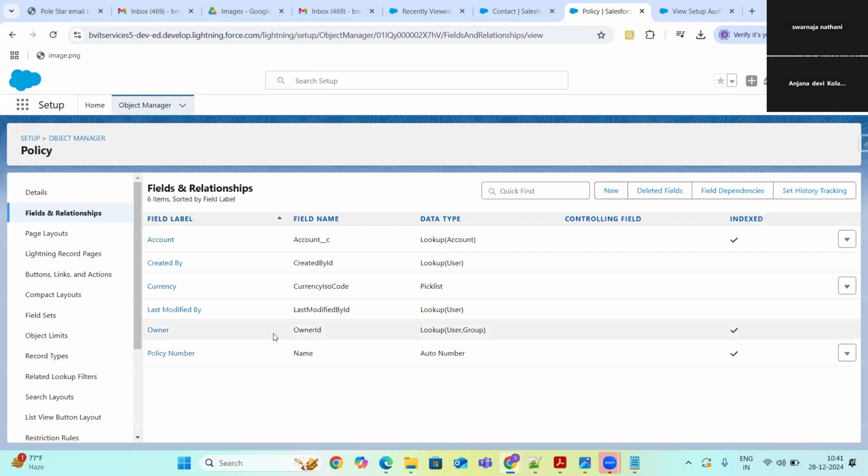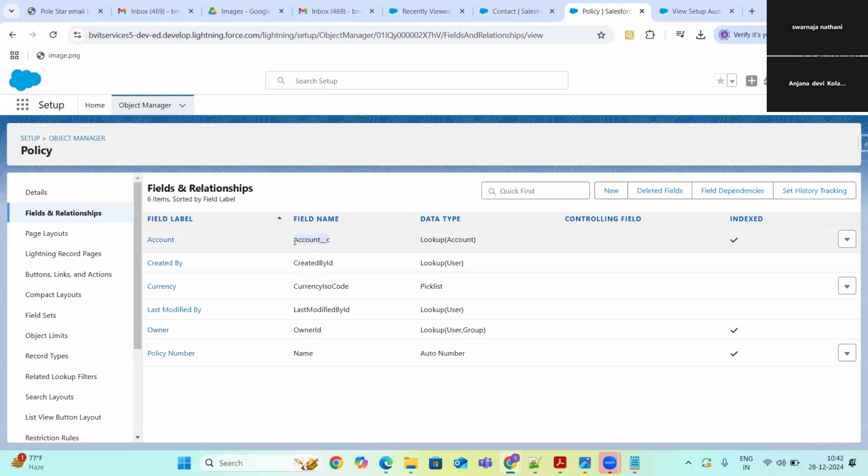Now a field gets created and it has underscore underscore c, guys, because this is a custom field which is created by us. So again, how do you identify standard fields and custom fields? Any field which ends with underscore underscore c is a custom field.